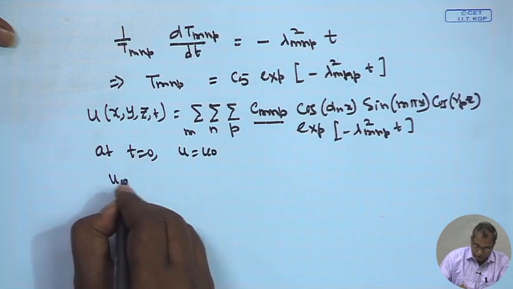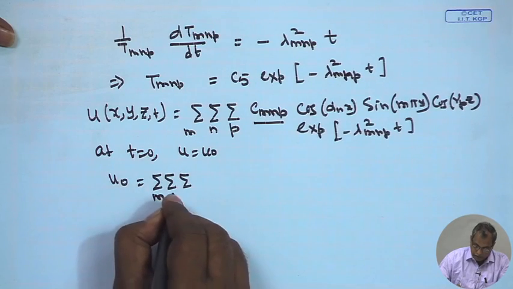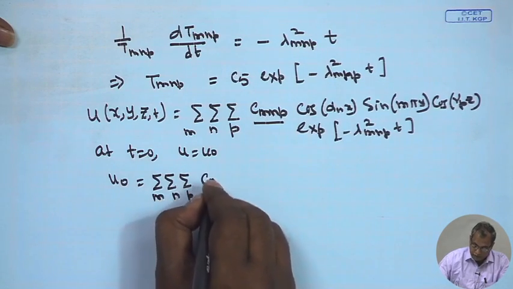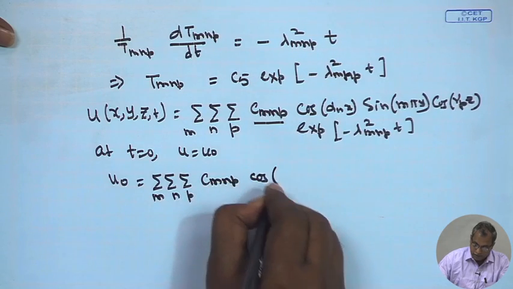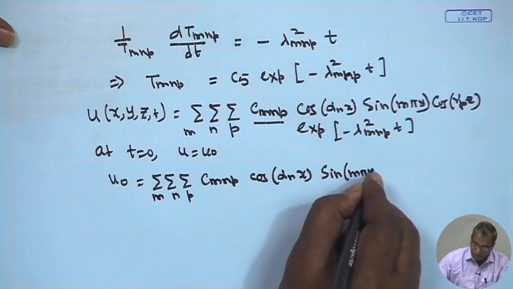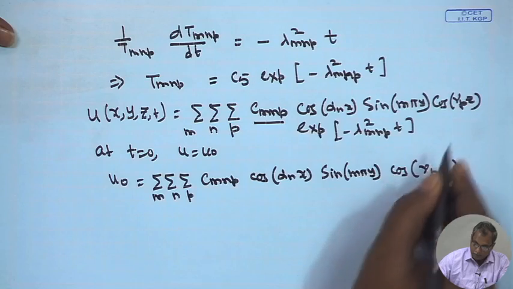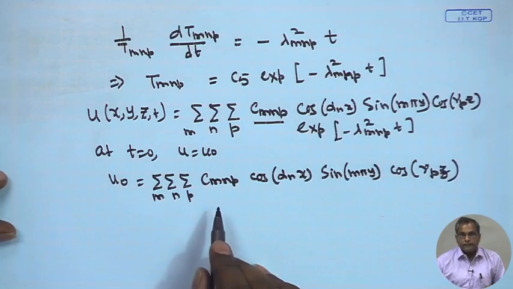So, if you put it there, you will be getting a triple summation, 1 over m n p, C m n p cosine alpha n x sin m pi y and cosine gamma p z. So, this constant C m n p is now evaluated by exploiting the orthogonal property of the eigenfunctions, these sine functions and cosine functions, and as we have done earlier, we will be getting the